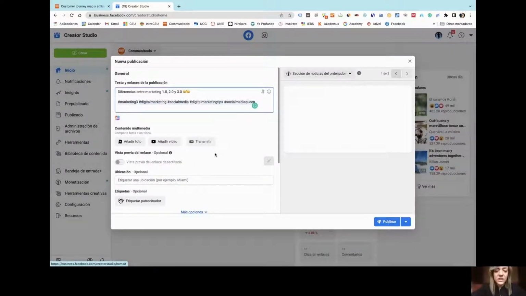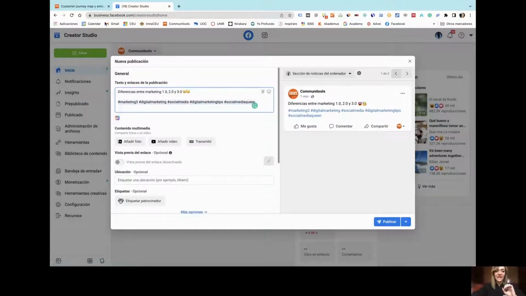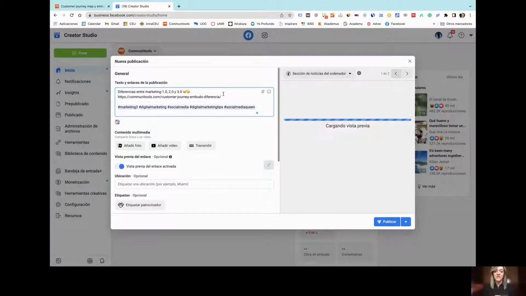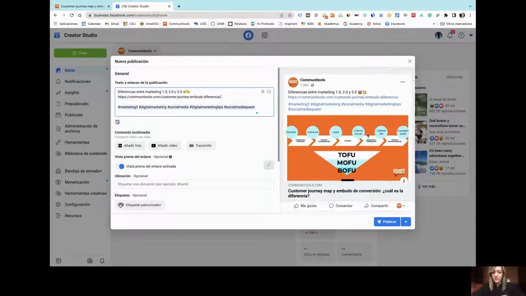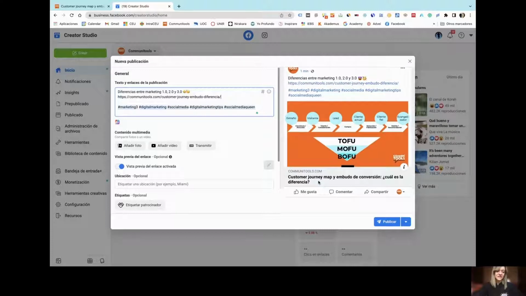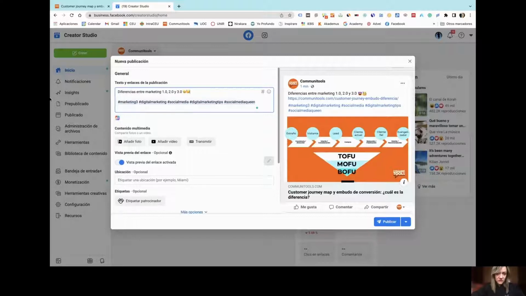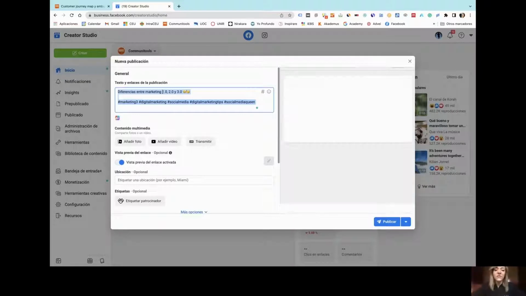Okay, another thing that we need to know is that if we place here a link, for example, something like that, a rich snippet is going to be created. This means that as soon as we see the preview, we are going to see the picture, the title, or the description of this specific website by generating in an automatic way the normal snippet that would also be created in an automatic way on Facebook if you publish this directly on this platform. Well, in this case, we don't need this. We are going to do this alone because we are going to do a different kind of content, okay,